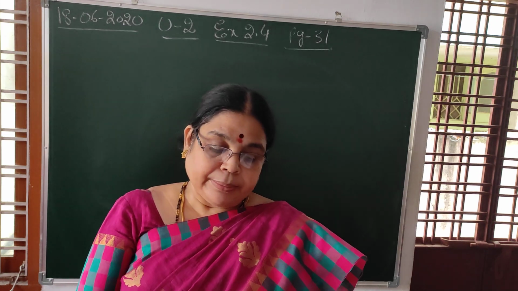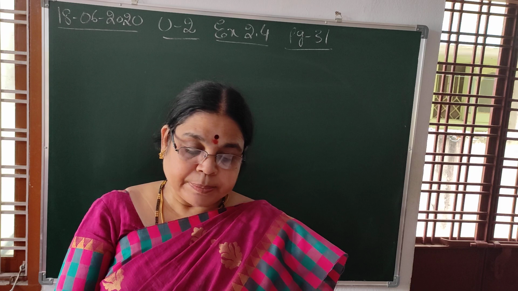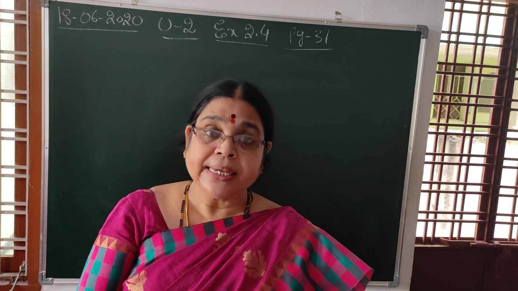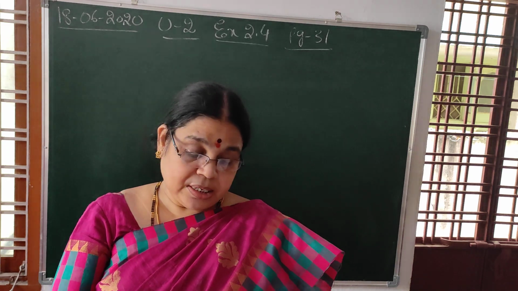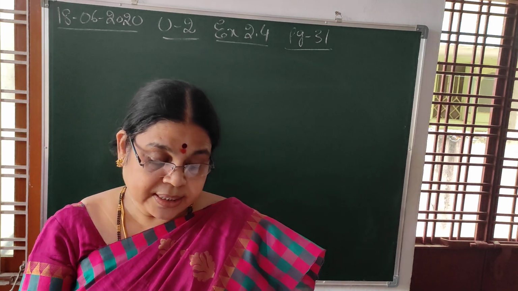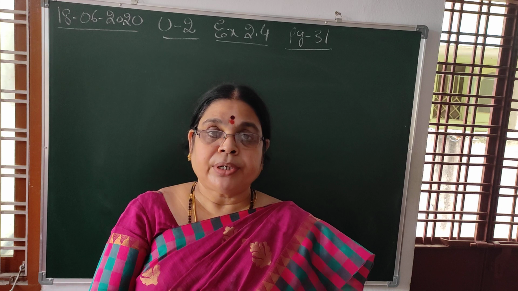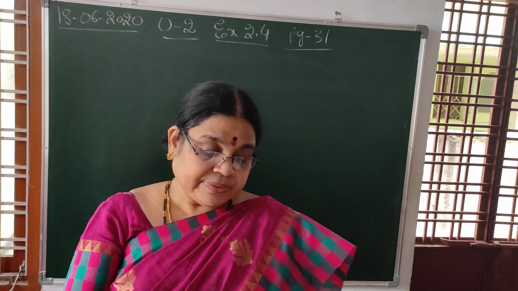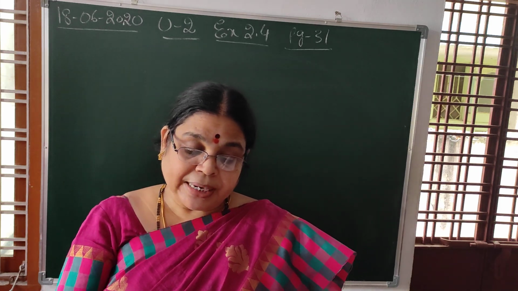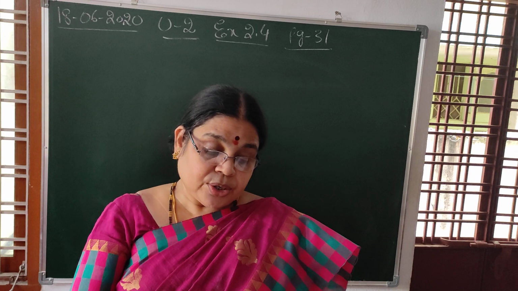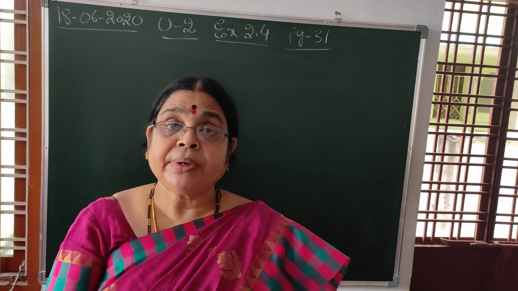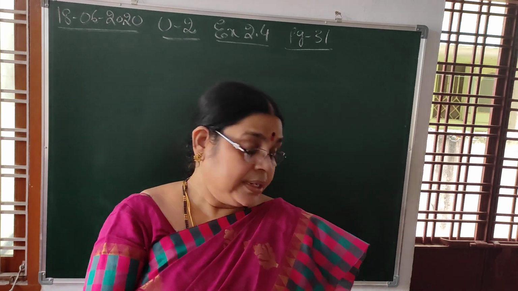First question. Amina thinks of a number and subtracts 5 by 2 from it. She multiplies the result by 8. The result now obtained is 3 times the same number she thought of. What is the number? She thinks of a number. You don't know what she kept in her mind. After that, she has subtracted 5 by 2 from that. Then she multiplies the result by 8. So when she is doing all this, the result she is going to get is 3 times the number she thought of. What is the number?